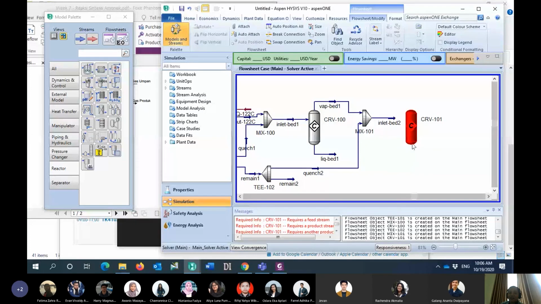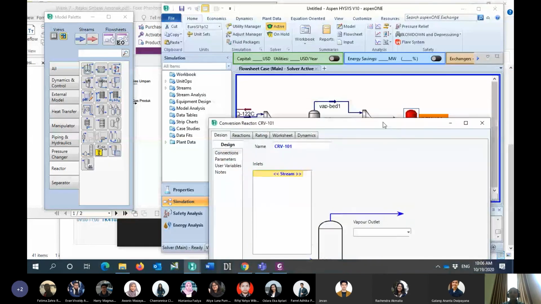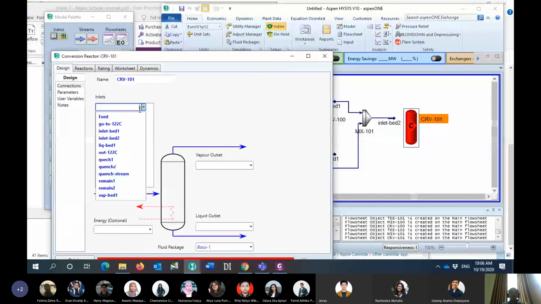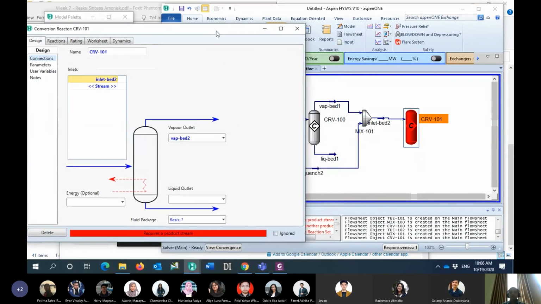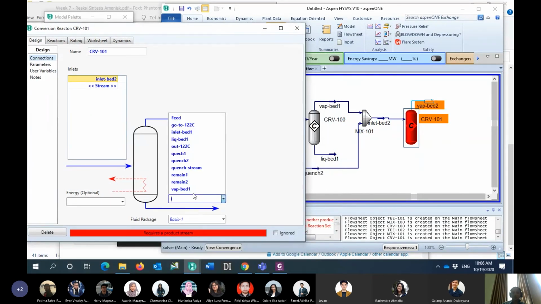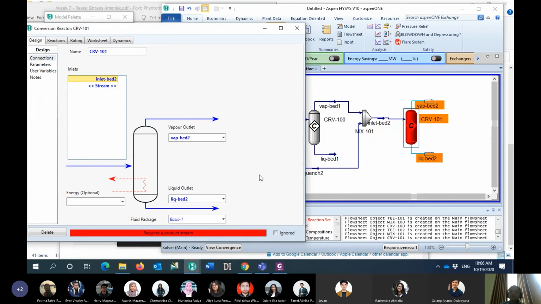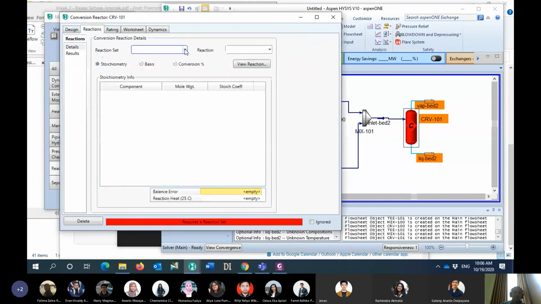Okay, so I will define again for bed number 2. This will be the inlet for bed number 2. The outlet will be in terms of the vapor: vapor of bed number 2, and then this one is the liquid of bed number 2. Then we have to define the reaction.